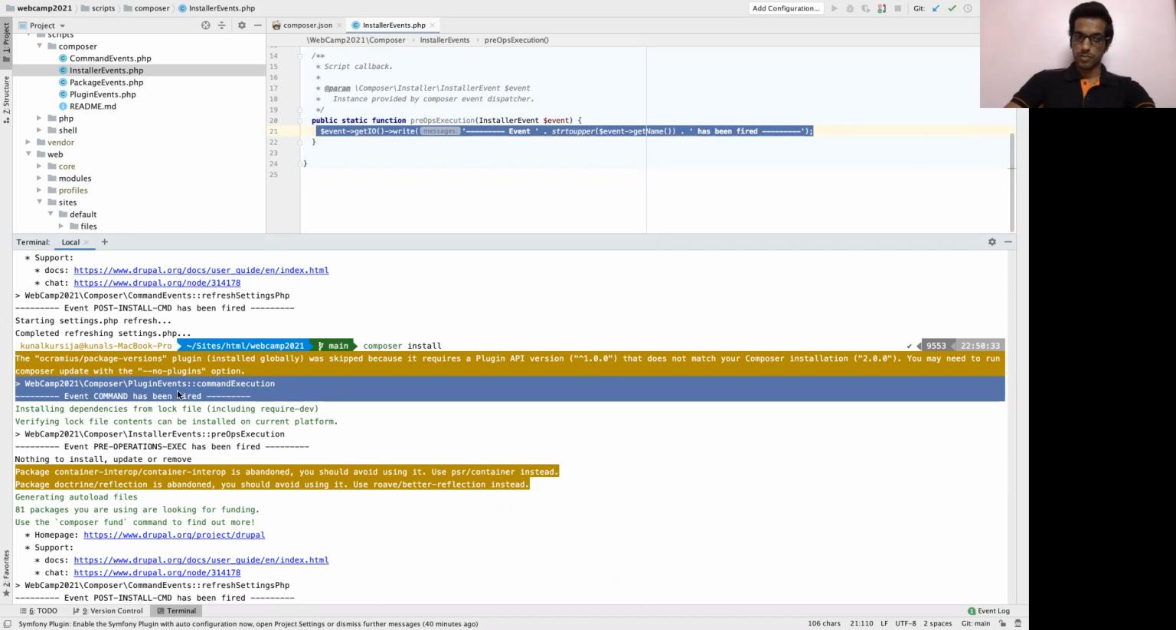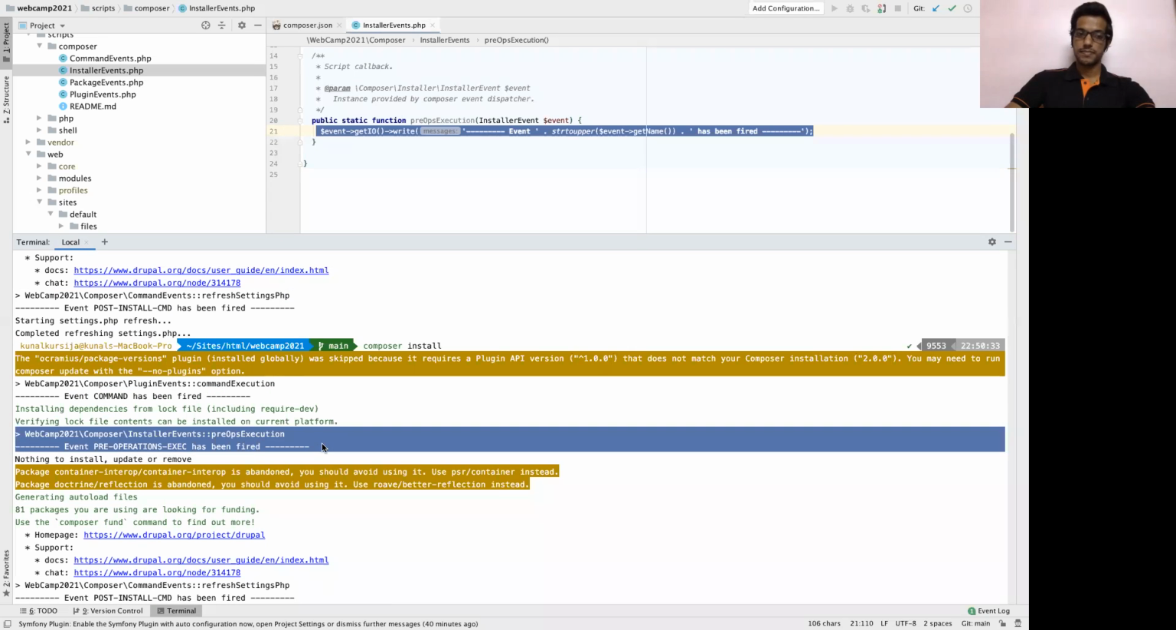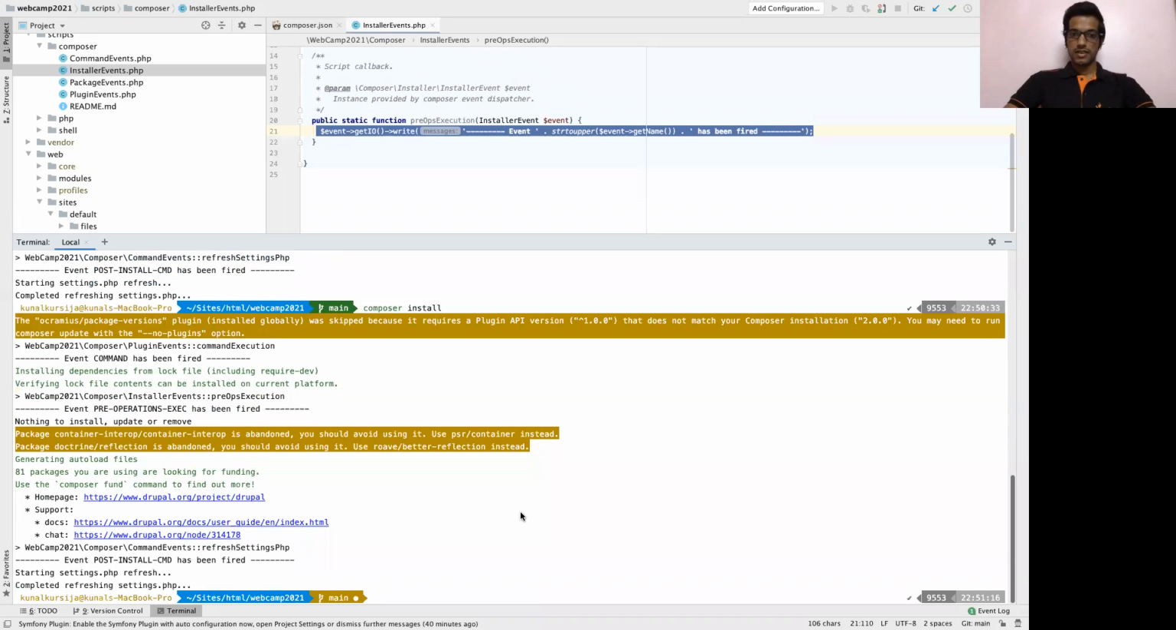After that, and this was a plugin event, this script was executed, which says event pre-operations execution has been fired. So yeah, that is installer events for you. Moving on,